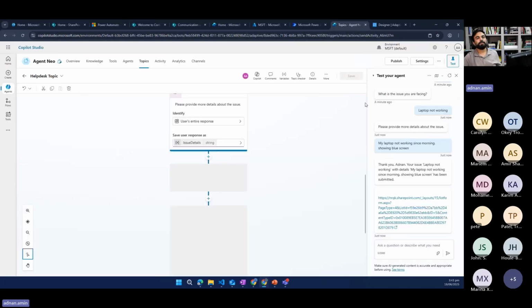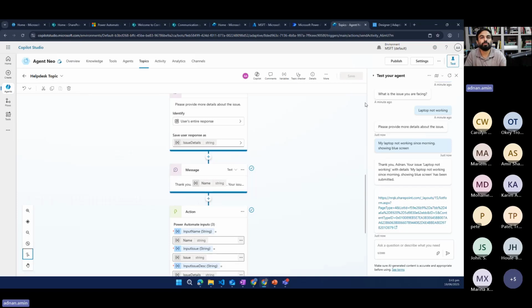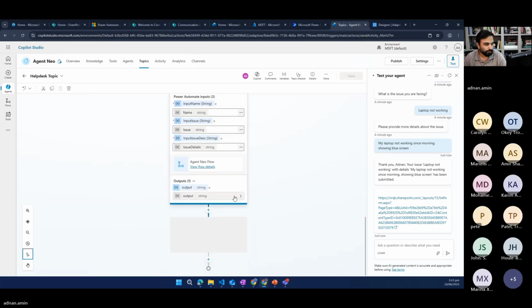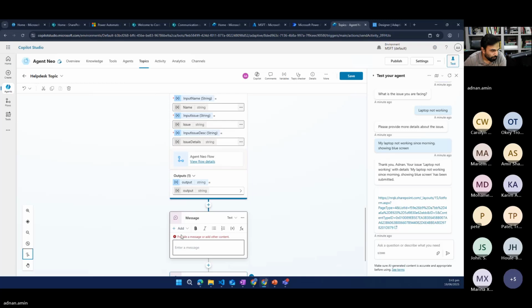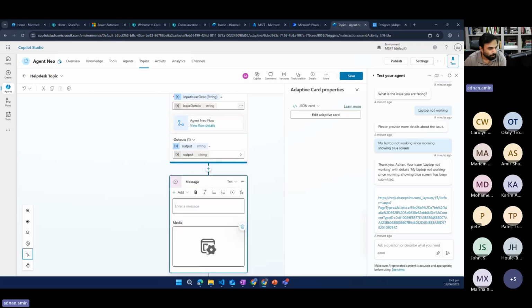Let's make some changes, make it a bit more user interactive. Why not add, what I would say, an adaptive card here to show the information at the end. So here I will add a message, send a message, and add adaptive card. But I need to create an adaptive card here now. So what I will do,